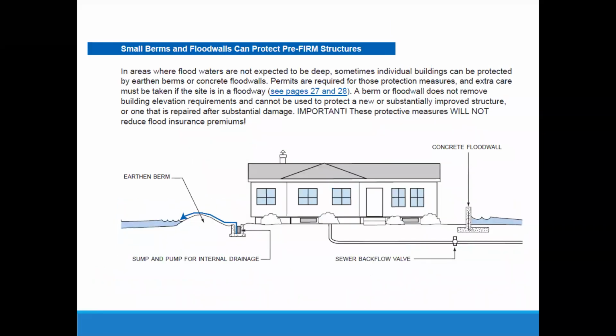Now here's a little picture of a house that has some, I'm going to call them mitigation techniques. These are some techniques that are used to reduce damage from flooding. So in this picture, you can see that there's a concrete flood wall. We call them knee walls because a lot of times these things are about knee high. We also, if you look, you can see a backflow preventer on the sewer line. Again, if you had this connected to a septic tank, like we talked about earlier, that would keep water from backing up into the house. Then over there on the left, you can see a small berm.